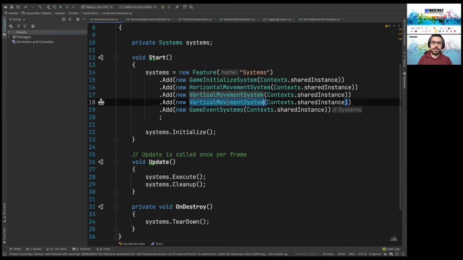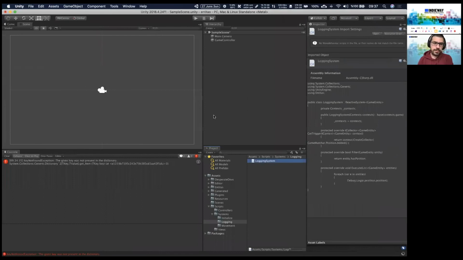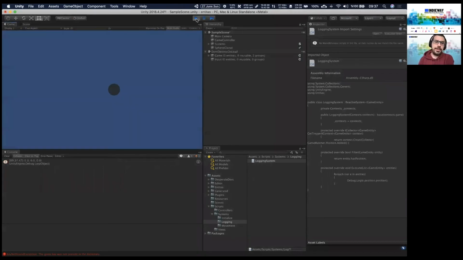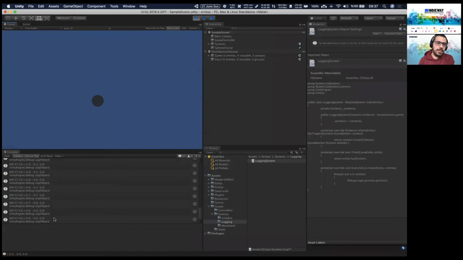Let's add this system here also. When we hit the play button, each time it changes the position. This is not the execute system, by the way, even though it seems like the execute system in each frame.